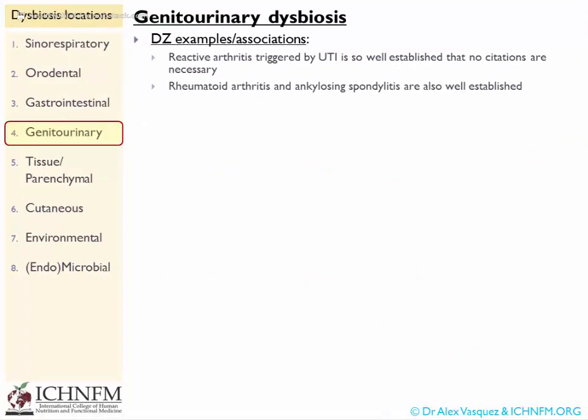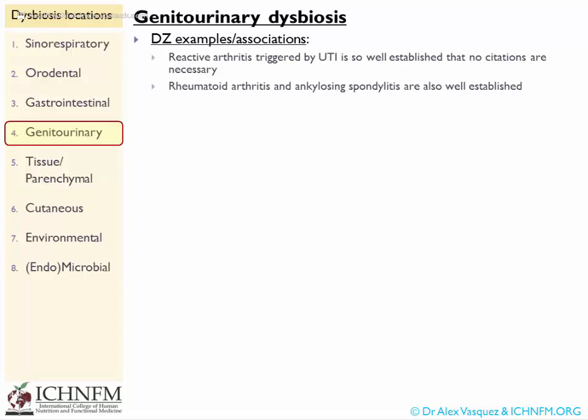The classic example and disease association is reactive arthritis, classically triggered by a urinary tract infection, also can be triggered by a gastrointestinal infection. Reactive arthritis is so well established that, in my opinion, I think we'll all agree that no citations are really necessary beyond a quick description. Reactive arthritis is infection-associated arthritis, so the doctor has to have identified the causative or triggering inflammatory response via a